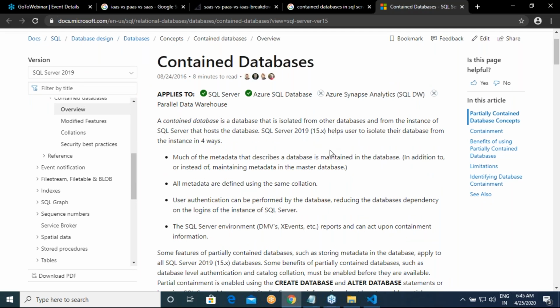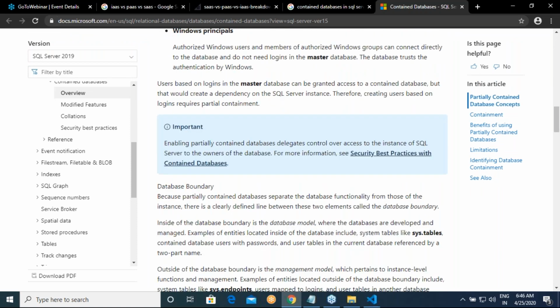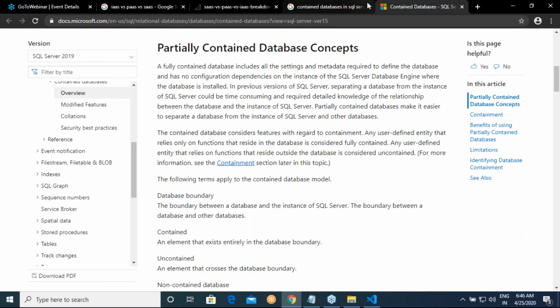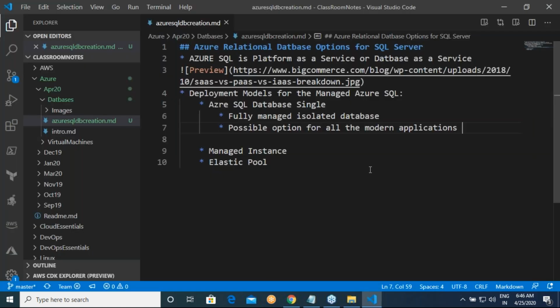To be very specific, this is exactly what it is. So if you come from a database background and are a SQL Server admin, right?